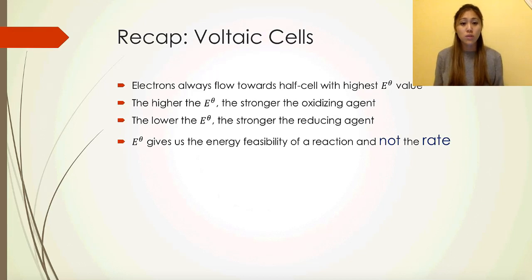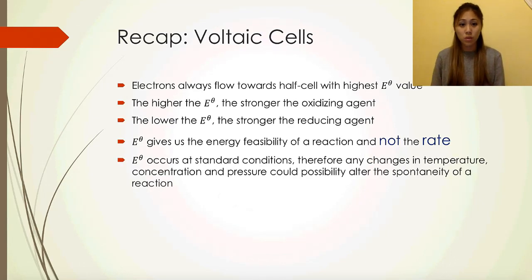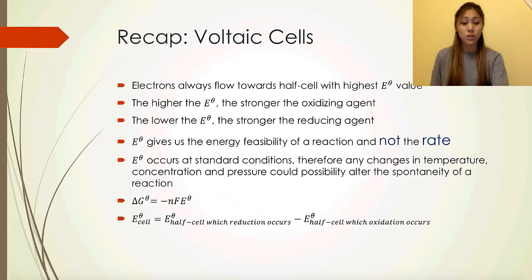Standard electrode potential gives us the energy feasibility of a reaction, and it's not the rate. So it doesn't give us the rate. A more positive standard electrode potential means it's more spontaneous, but it doesn't tell us anything about the rate. Standard electrode potential is for standard conditions, so any of these factors could affect the spontaneity of the reaction. And here are the equations for calculating the Gibbs free energy and